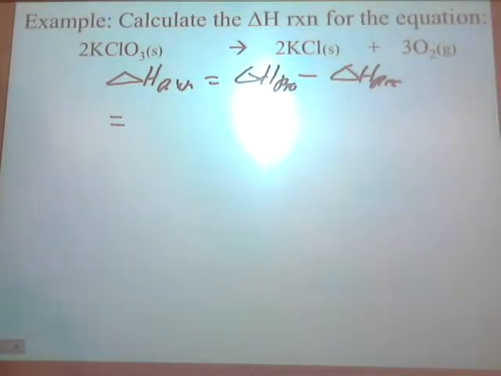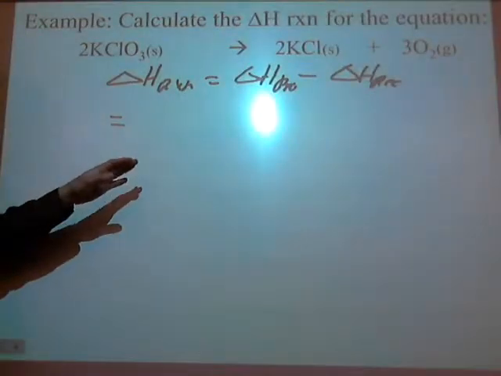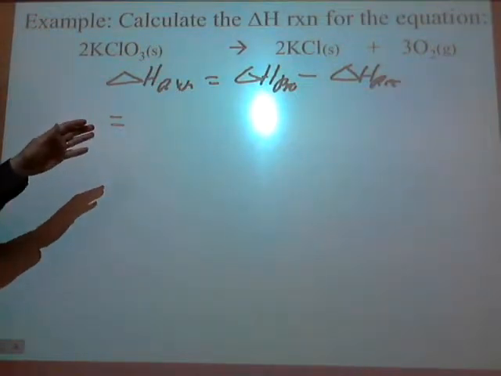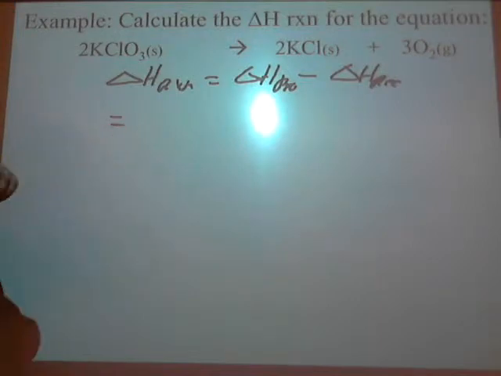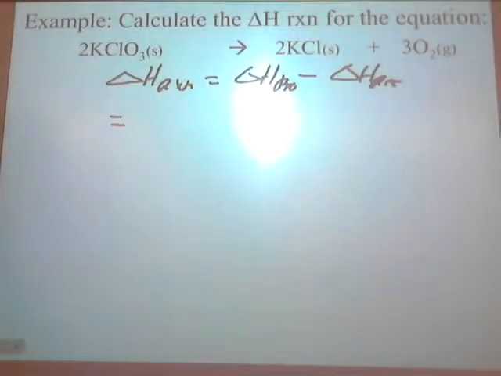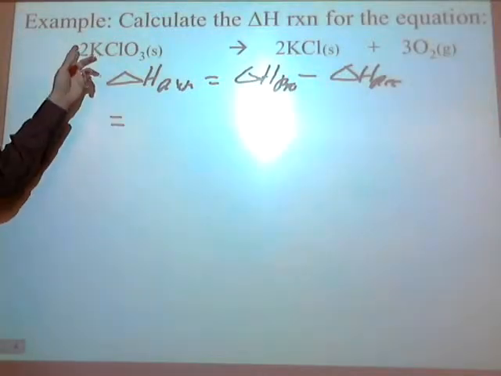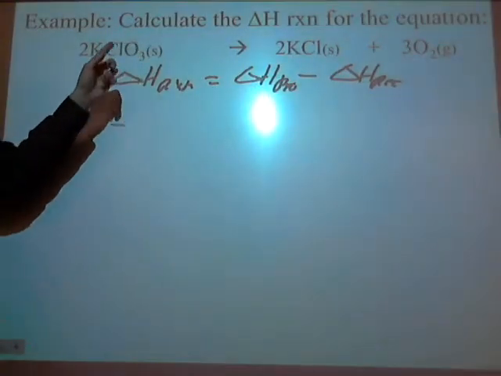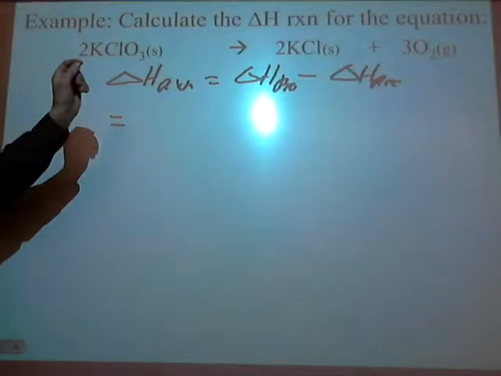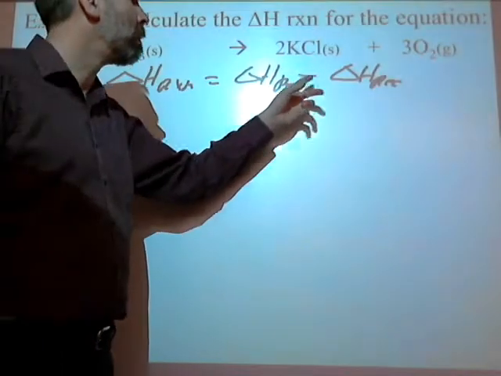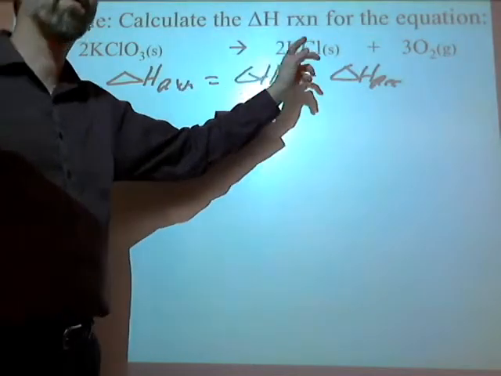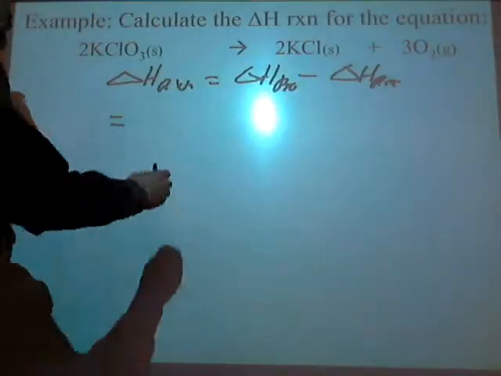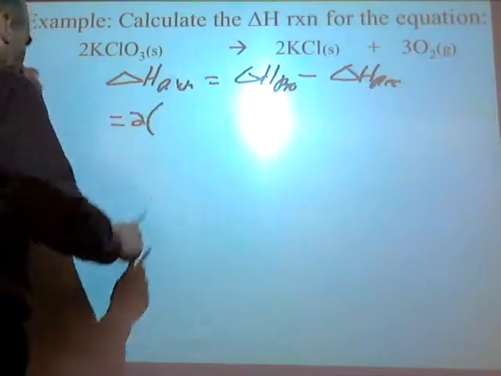All right, before you start doing the actual calculation, let's make sure you didn't make a mistake in setting it up. Take a look up here, everybody. If you wrote down as your first value negative 391.2, you're wrong. You know why you did that? Because you read left to right, and you wrote this one in there. What does the equation say? Products minus reactants. Where are my products? Here.